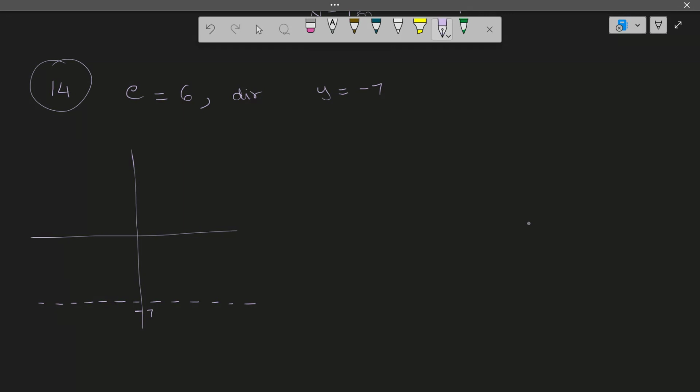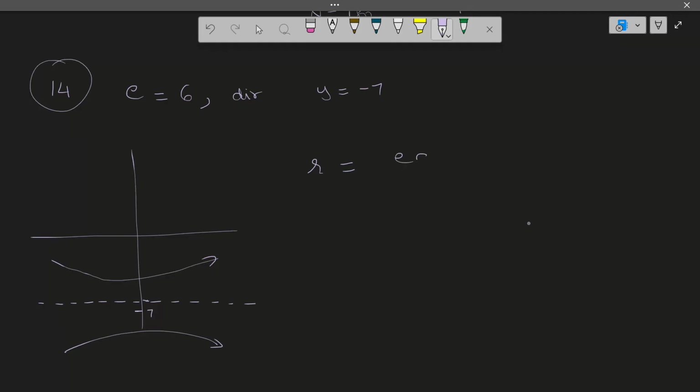So the directrix is in the lower section. We will have a hyperbola that looks perhaps like this. We'll later on find out what the intercepts are, but to begin with, this is the rough sketch. Since it's a horizontal directrix, and it's negative, the equation that we'll be